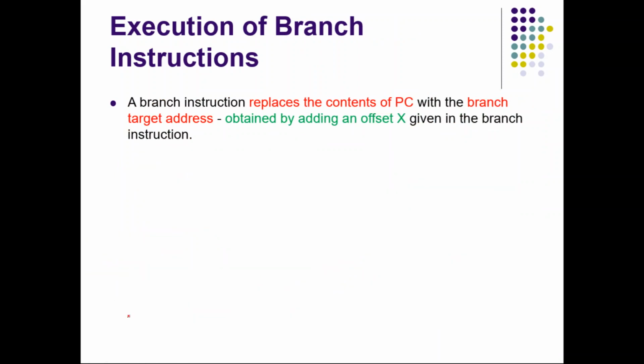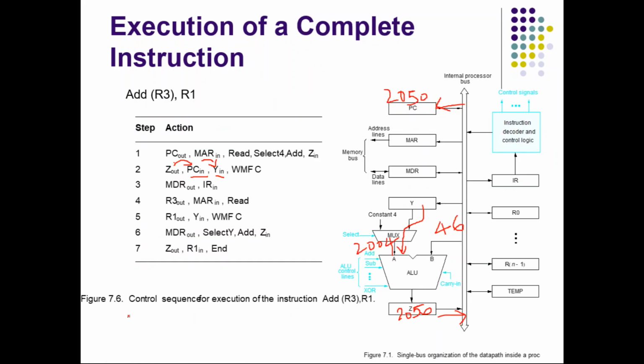Okay, so see, this is the actual usage of Y in, right? It is not for fetching the next address quickly, because that is not required, because this is just an address. You have to fetch the instruction, and for that it has to go to MAR, so that can go from PC itself. So whatever I have said previously, ignore that.